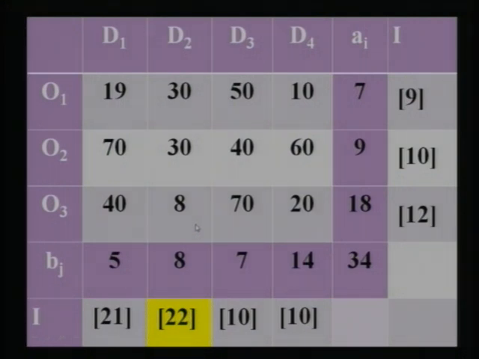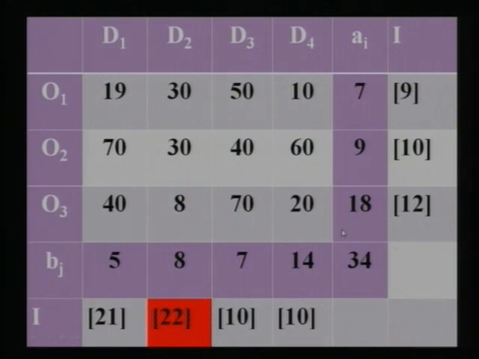How to assign the allocation for this particular cell? For that, we find the minimum of the rim values for this particular cell. For example, in this cell 3, 2, this is the cell number 3, 2, third row and second column. This is 8, which is the demand value. This is 18, the supply value. So the minimum of 8 and 18 is 8. So I assign 8 here. That is our first basic variable. You can name it as x32, third row, second column. So it is x32.